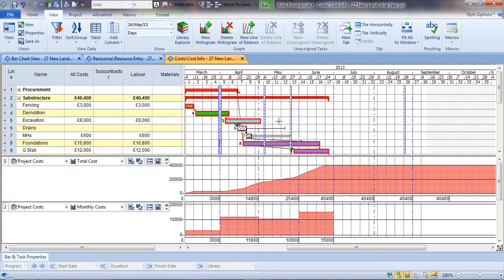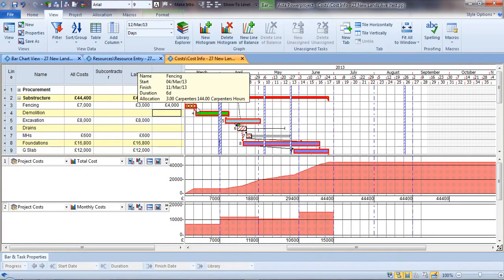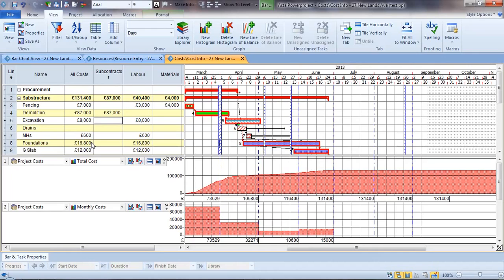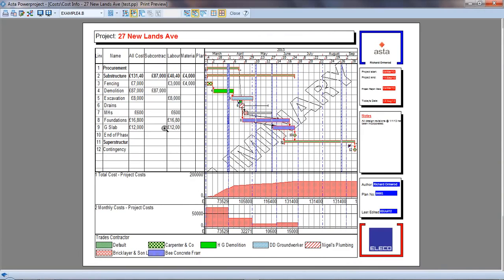So this is our projection of income, and this labour amount has been calculated from the number of hours on this activity. So if it takes longer, it takes more hours, the labour price increases. If I undo that, I could put a different amount for materials, so even though the labour price might increase, the materials won't. So Power Project accommodates these multiple cost centres, but also you can say, well, somebody just told me it cost £87,000 to do that, and we can see the impact instantly on our cash flow. We can preview that on screen so we can see exactly what that looks like, exactly as it is on the page,